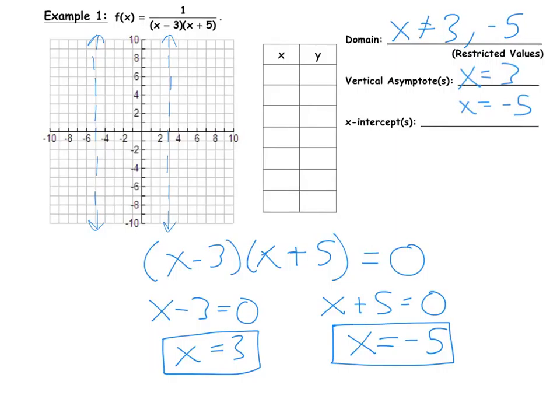So all we've determined so far is basically what we can't have. Okay, it's a very negative view. And so let's talk about points that would be on our graph. Now there's no real pattern for rational functions. You have to just plug in x values. There's no 1a, 3a, 5a, a over 1, a over 3, a over 5. There's none of that. And so on my table, I'm going to insert -5, and I'm going to insert